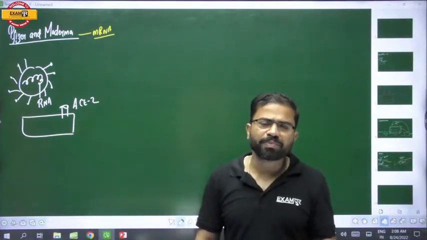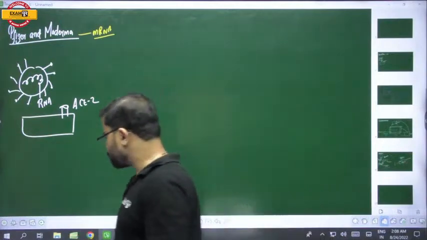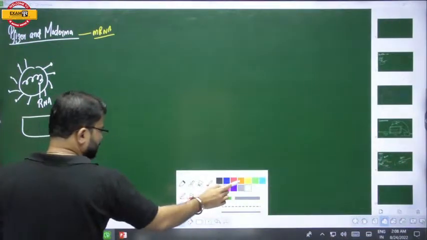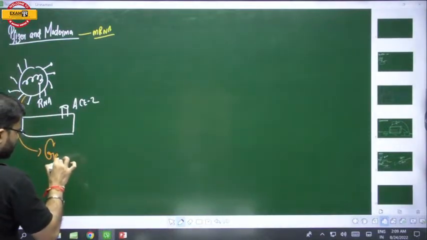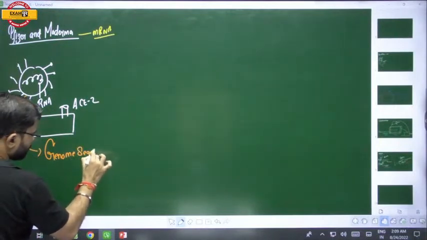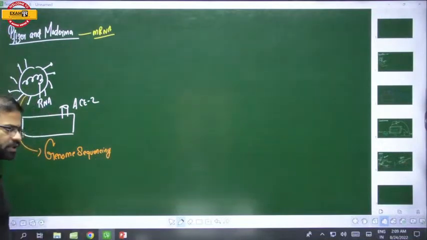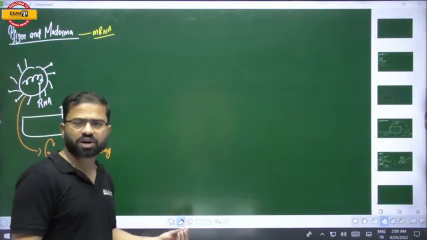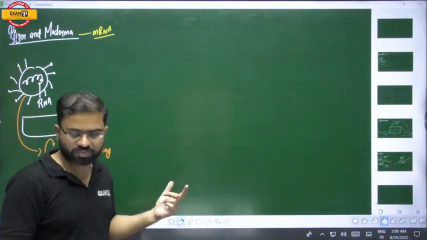So now, who is the main culprit? Now it is the spike protein. Now, you know that we have already conducted the genome sequencing of the coronavirus. So when we do the genome sequencing, we are quite aware of how spike protein is made, and what the genetic information of spike protein is.